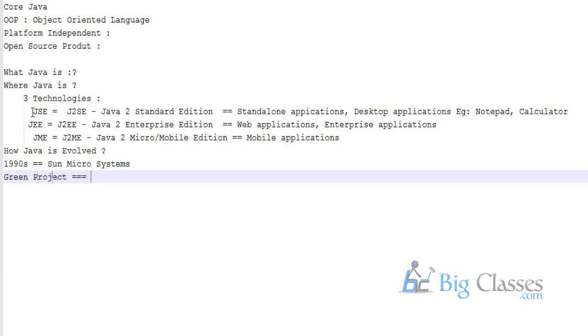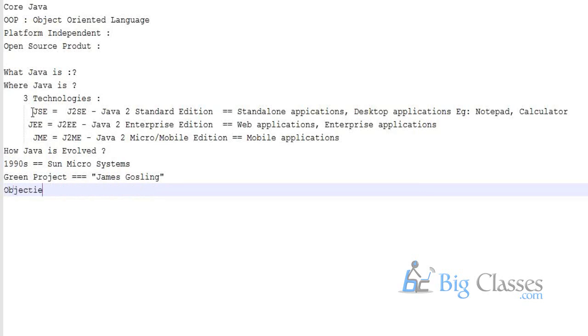And this Green Project was handled by a person known as James Gosling. He was the leader of that particular project, and the objective of this project was to develop a programming language with which we can add intelligence to electronic devices.